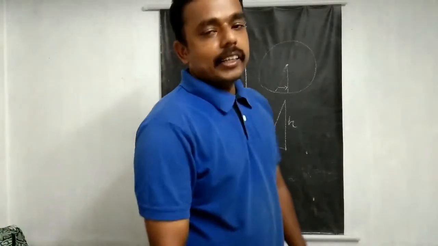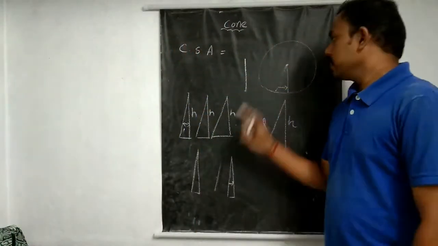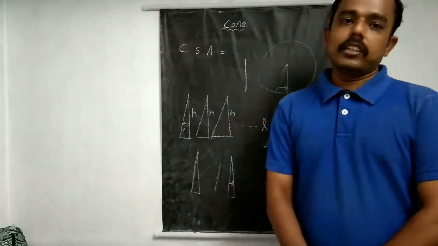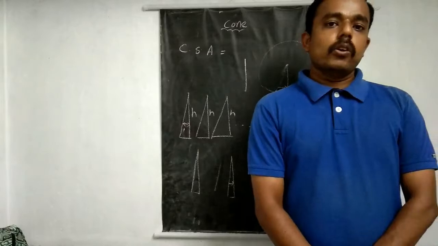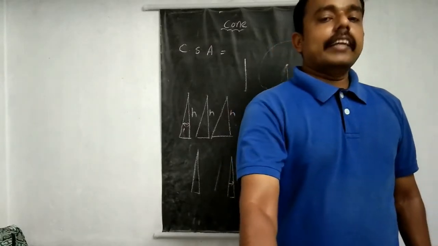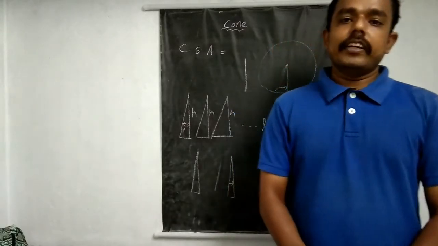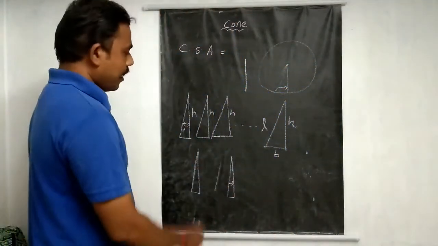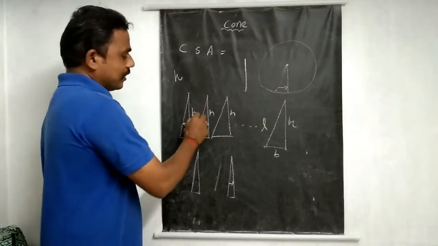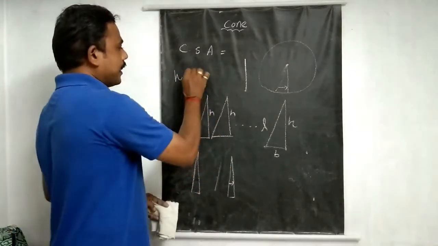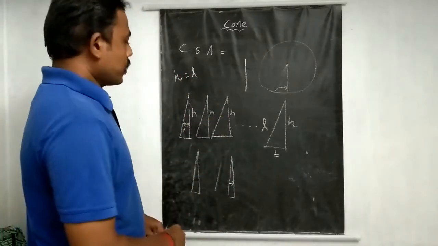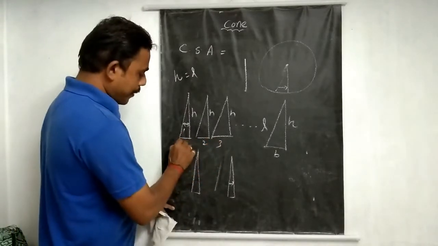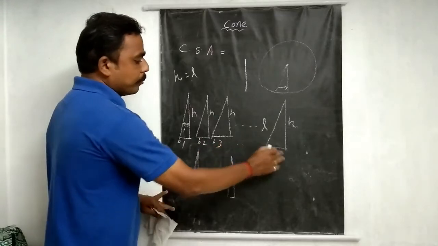Now you need to analyze the area of the particular cone surface. Now we are going to consider only the curved surface area. For that we have a triangle. In this triangle we can find the area. I am going to increase the number of pieces. So the curved surface of the first triangle, second triangle, third triangle. This is our base 1, here base 2, base 3, up to n number of pieces.